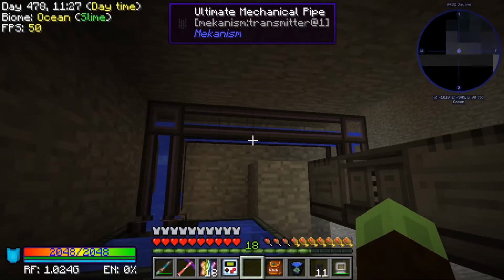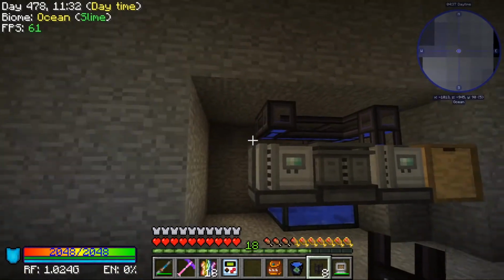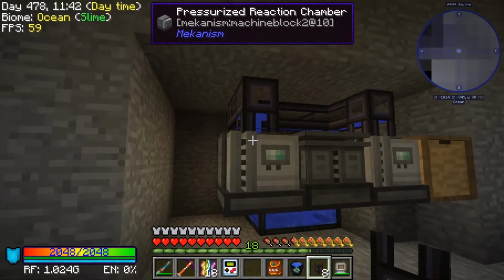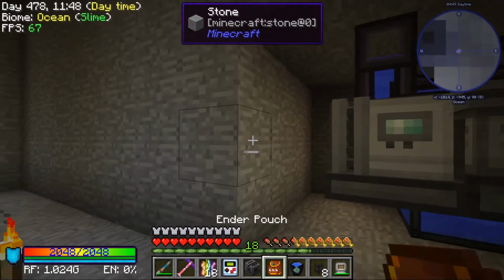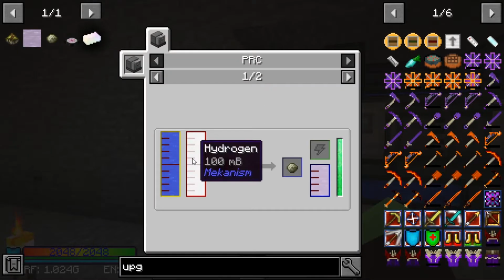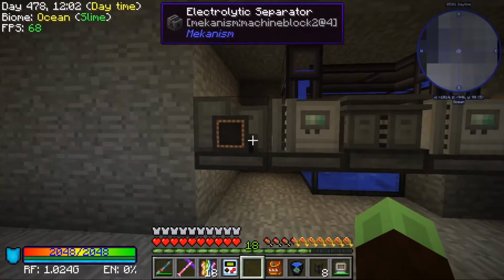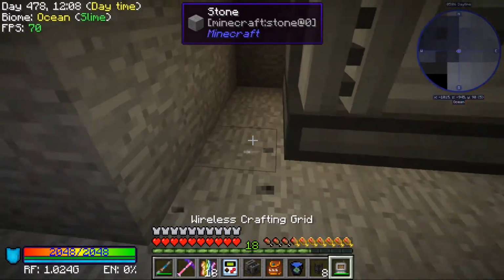So this, fluids from the top. It's got water now. This one needs hydrogen, right? This one needs hydrogen. Hydrogen and water to make ethylene. So set this one up with...